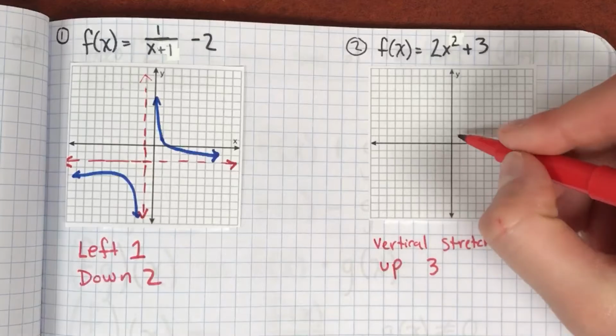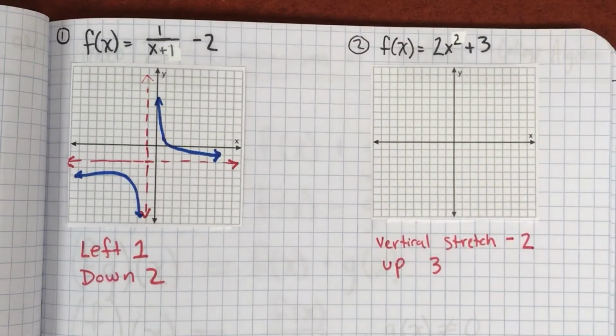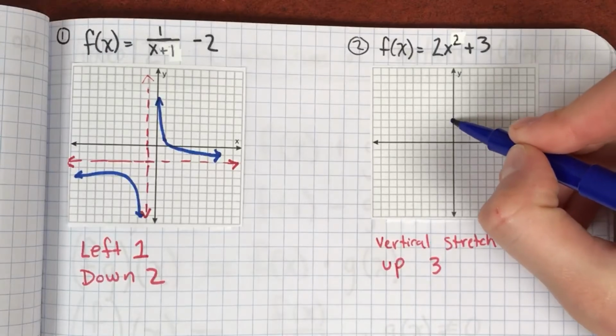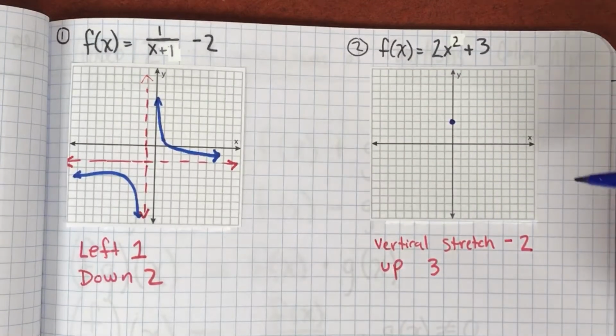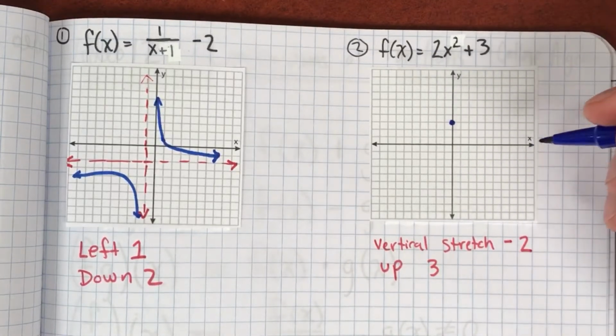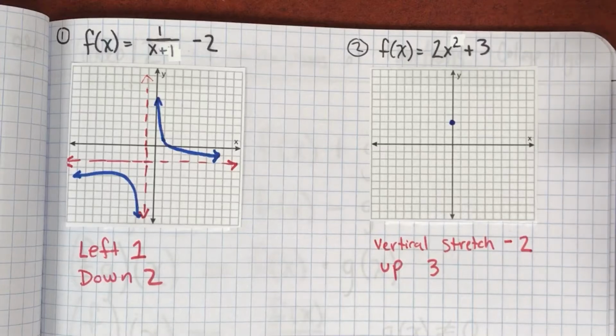So we're going to move our vertex up 3. And that vertical stretch of 2, we're just changing the way we graph. So you can either multiply your coordinates by 2, or